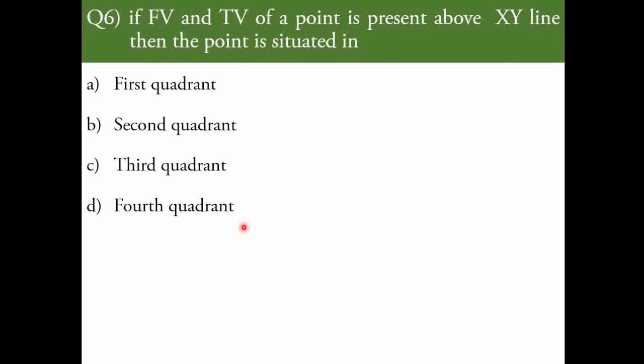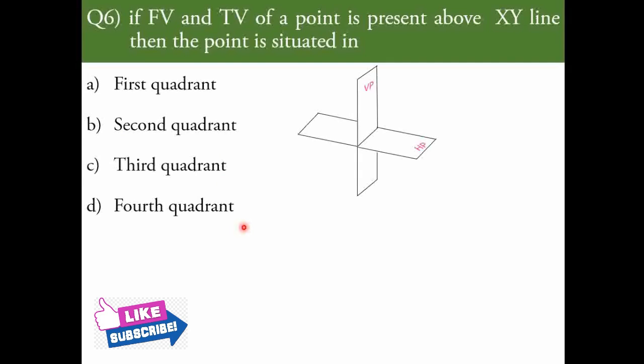So for better understanding of this numerical, once again we will take the reference of the diagram. Again, this is the four quadrant representation by HP and VP, and in this, suppose I consider initially the point is present in this quadrant. That quadrant is nothing but the second quadrant, and the point is somewhat away from VP and HP, means it is above the HP and behind the VP. And if I consider the position of the observer, that is always towards the right side, means we have to observe the point from this side, and we have to create the image. Image creation is nothing but from its original position we have to take the projector. For drawing the front view, we have to take the projector toward the VP, and we have to create its image on the VP.